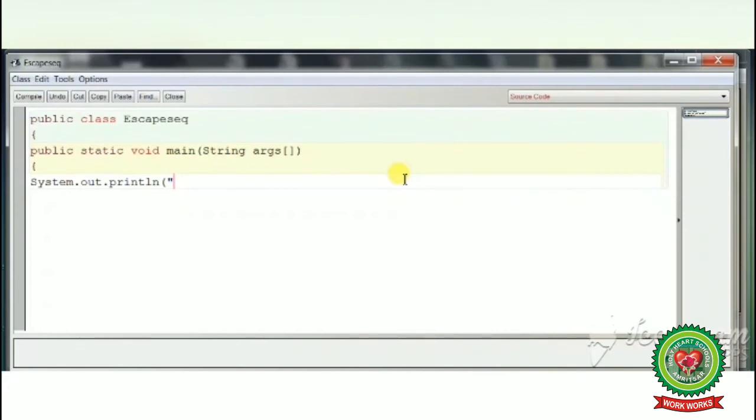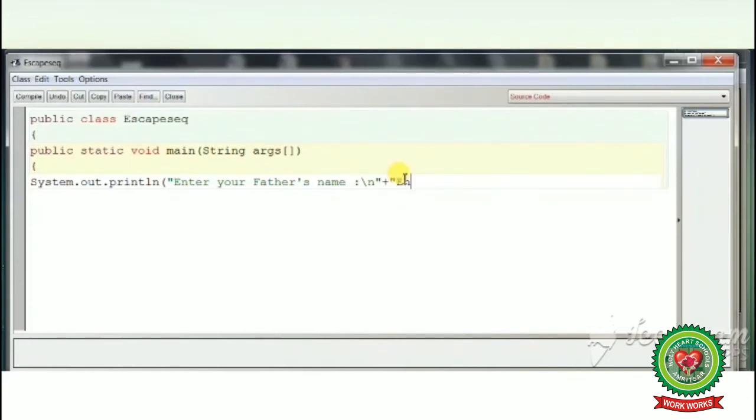So students, we will write Enter your father's name \n, that is our escape sequence character,